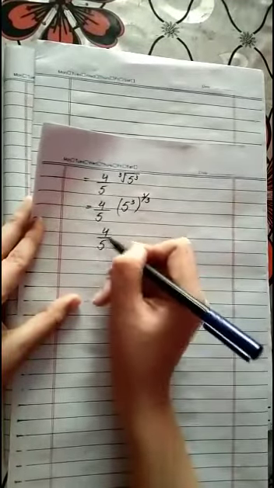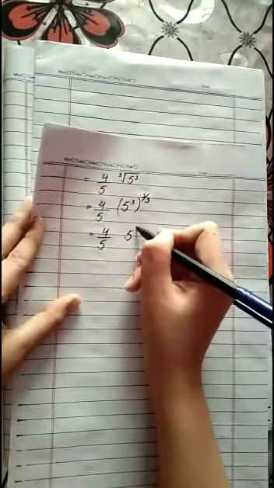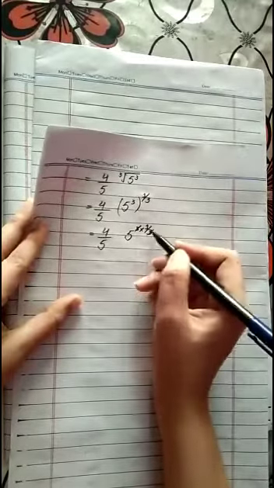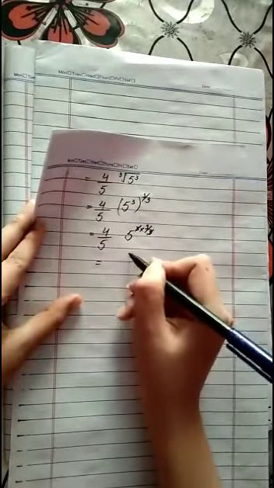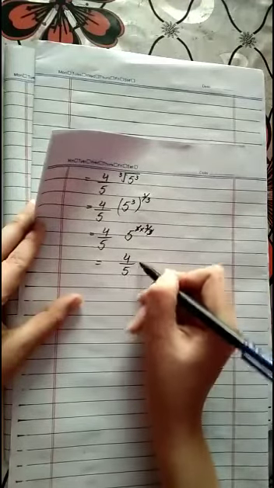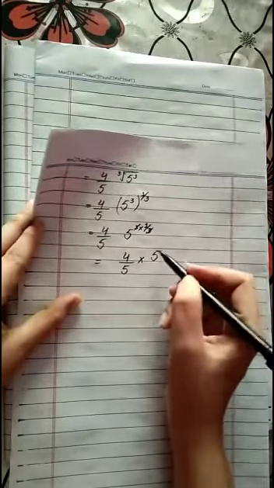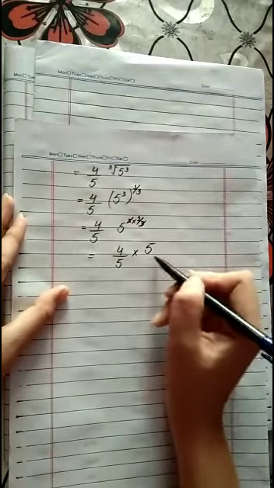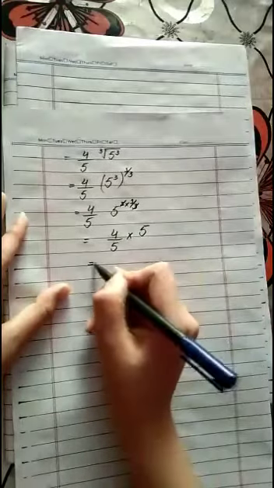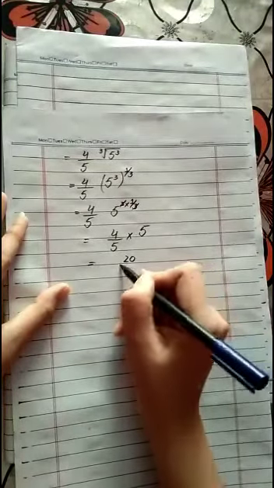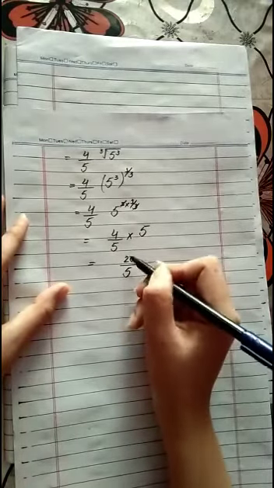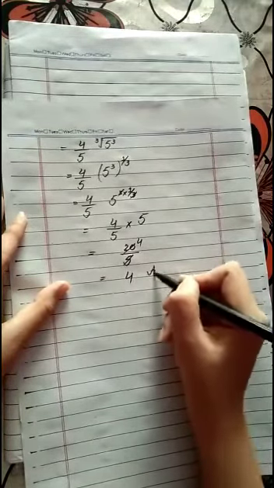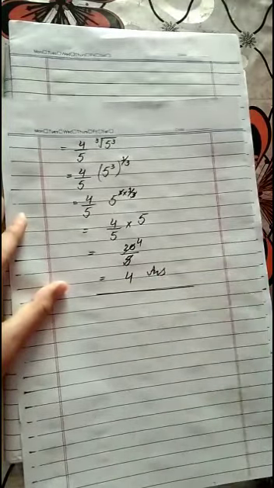Both powers will be multiplied to each other, as it will be multiplied with the existing power. It is 1 by 3. Both powers are cut because both are multiplicative inverse. So 4 by 5 multiplied by 5 is there. Where there is no denominator, we will consider it just 1. So numerators will be multiplied to each other, and we got 20 by 5. If we cut, 4 times 20, we got answer 4, and that is our final answer.